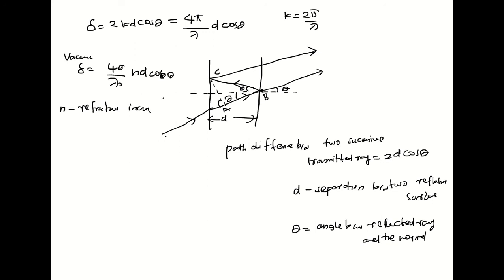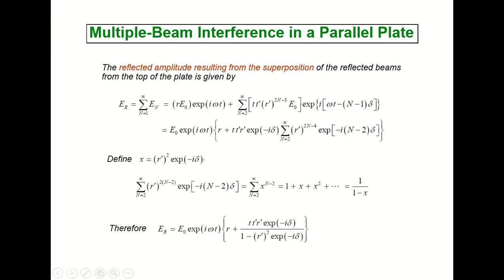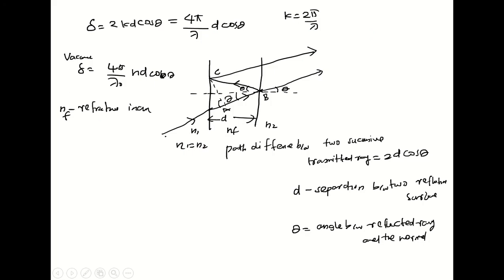the index of the medium between two refracting surfaces. In this case, if we take nf, and this is n1 and this is n2, and also we consider that n1 equals n2, then we can say that nf is equal to the index of refraction of the medium between the two reflecting surfaces, and also taking the phase difference into account,